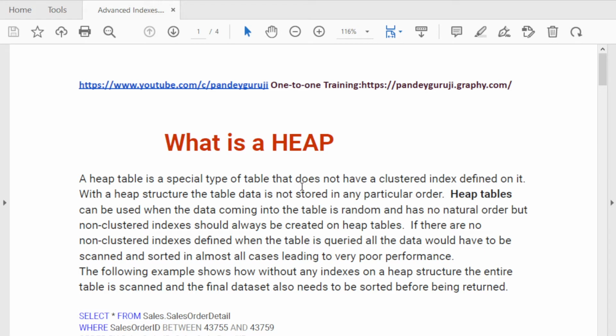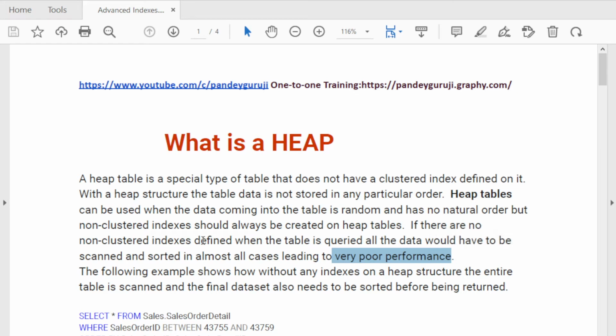A heap table can contain non-clustered indexes. When a non-clustered index is there, the performance is good, but if there is no non-clustered index and you try to retrieve data from the heap table, the performance will be poor. If there are no non-clustered indexes defined when the table is queried, all the data would be scanned and sorted in almost all cases, leading to very poor performance.